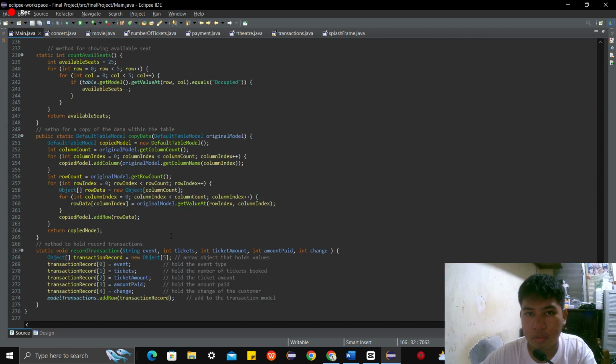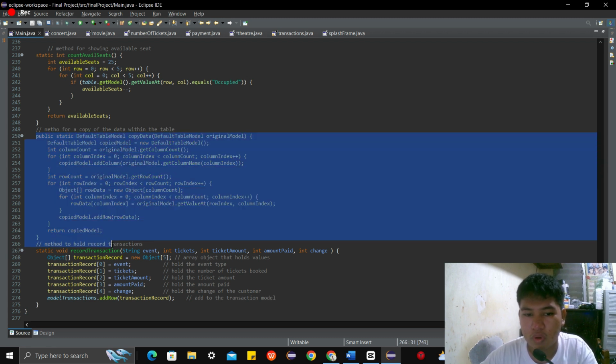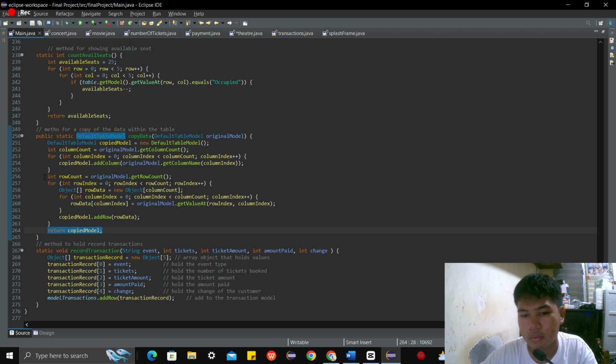This code defines a method called copyData that replicates a table represented by a DefaultTableModel object. It achieves this by creating a new empty table, copyModel. Then it iterates through the original table, analyzing the number of columns and rows.